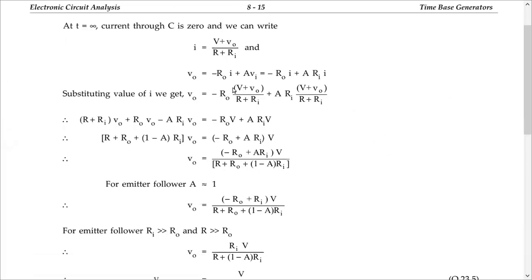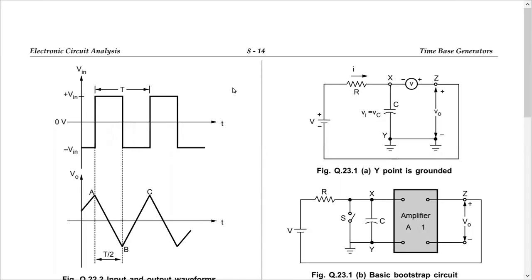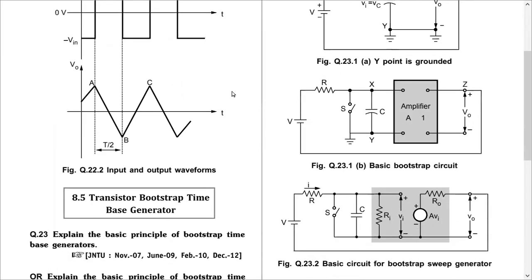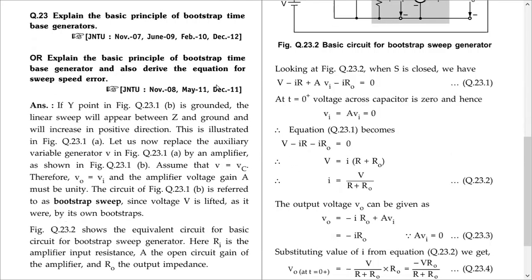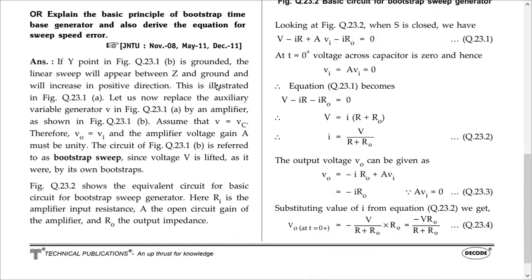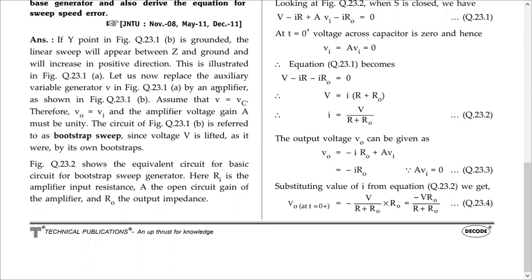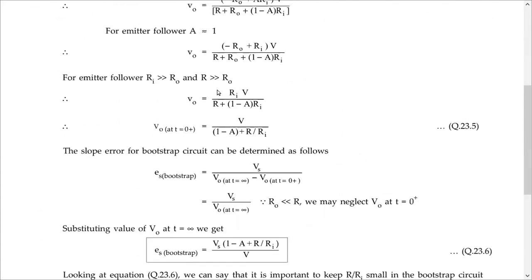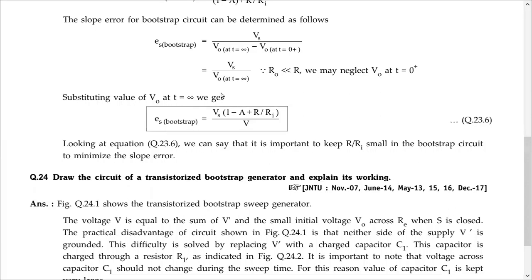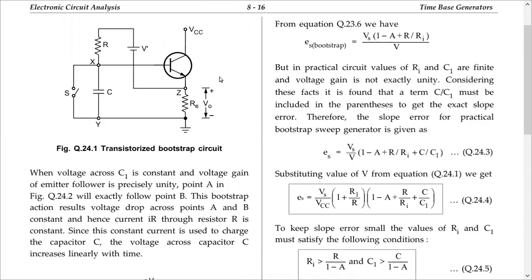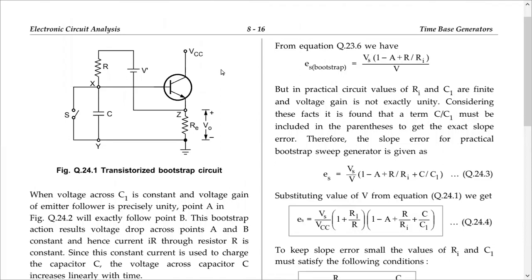See, in the previous case, we maintained constant current through the capacitor. Here, what we will do is maintain constant voltage across a resistor, which generates a constant current, and that current is forced through the capacitor to achieve the generation of time-base signals. So the idea is this. See, this particular transistor is in emitter follower configuration.